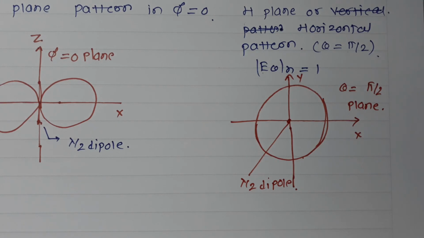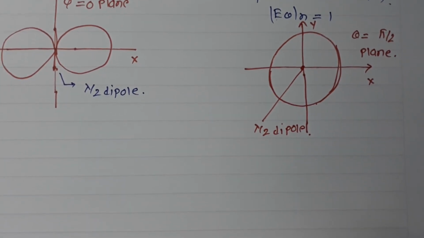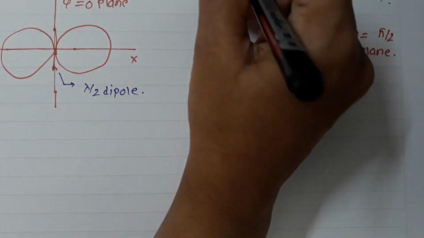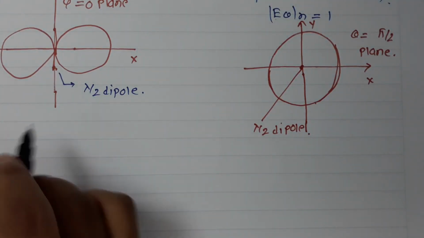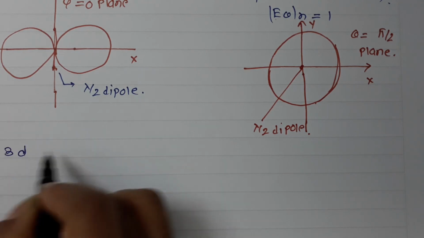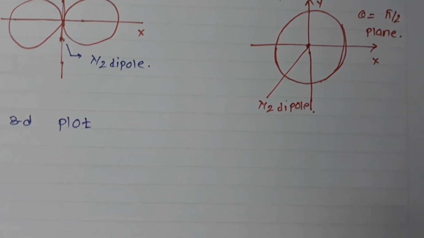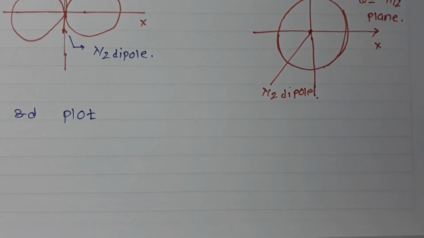Now this plot is shown here. If I combine both the plots, I'll get a 3-dimensional pattern. So I have got this plot, this plot. So let us plot the 3D plot here. The combination of these three is nothing but the 3D plot: first, second, and this one is nothing but the third, the 3D plot. Here, if I plot this particular 3D plot, which is the combination of both of these plots, I'll get this plot like this.